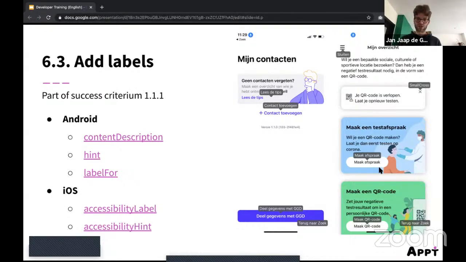So that's why it can sometimes be difficult to make something accessible on Android, because some of the properties are shared between non-assistive technology and assistive technology. So on iOS, it is usually a little bit easier to add extra information for people of assistive technology. So keep that into account.